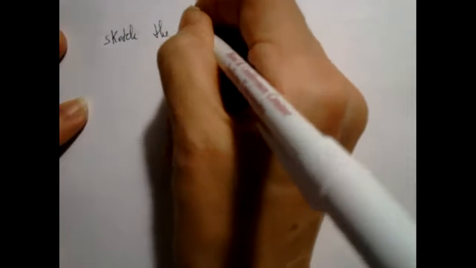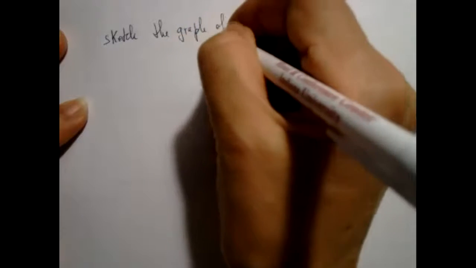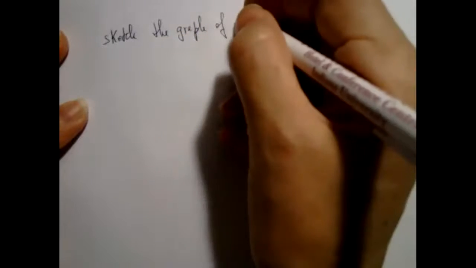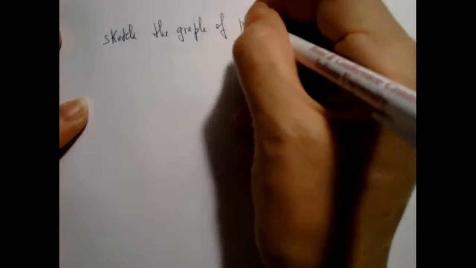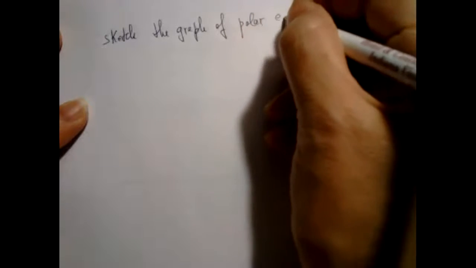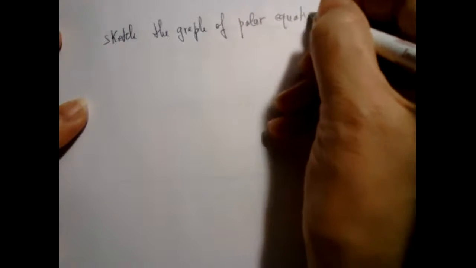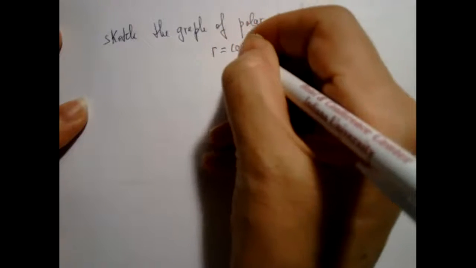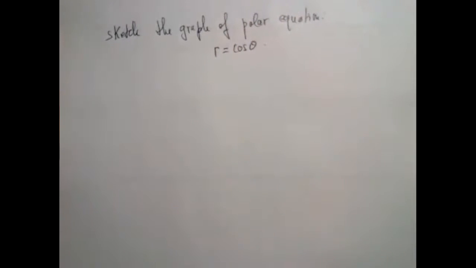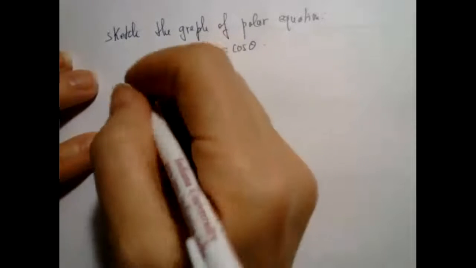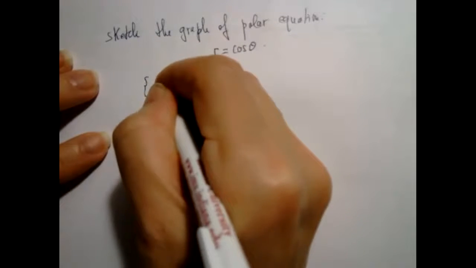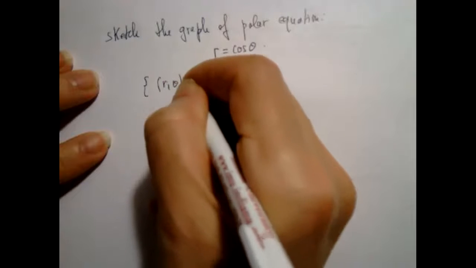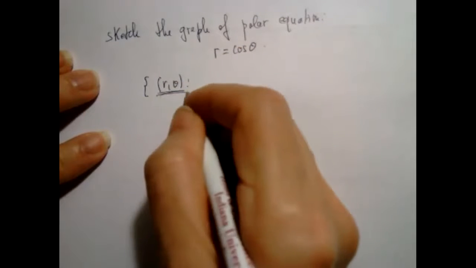The graph of the polar equation r equals cosine theta. It means I need to sketch all the points. So basically what we want is to sketch all the points (r, theta), all the points whose polar coordinates